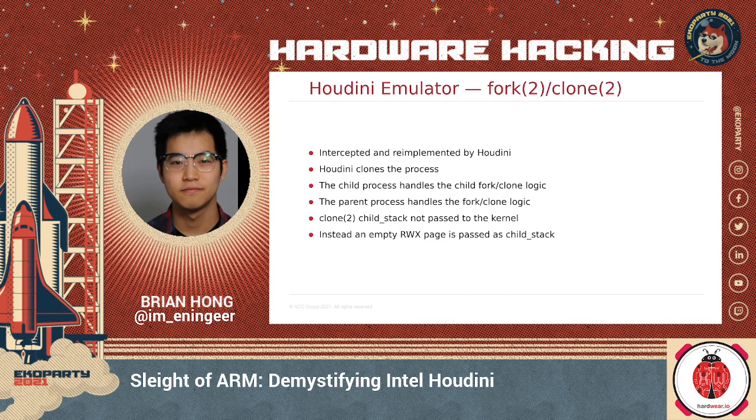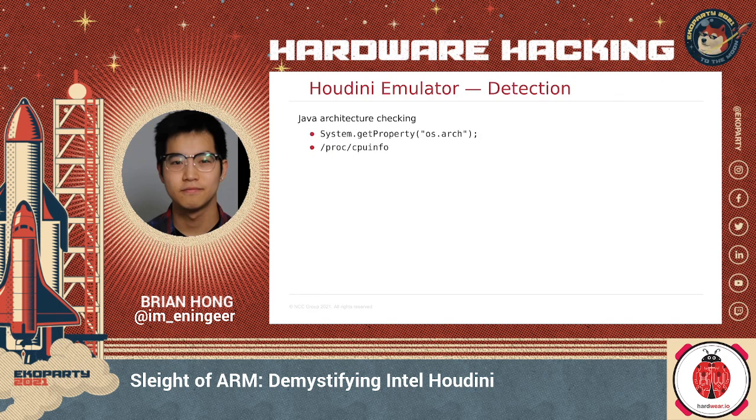So I was thinking, if you were an app, are there ways you can know whether you're running on a real device or a device with libhoudini? So we're talking about detection. We came up with a couple of ways. One of them is